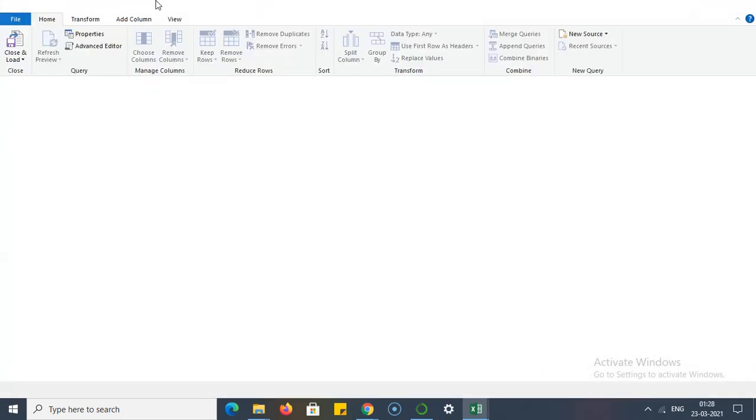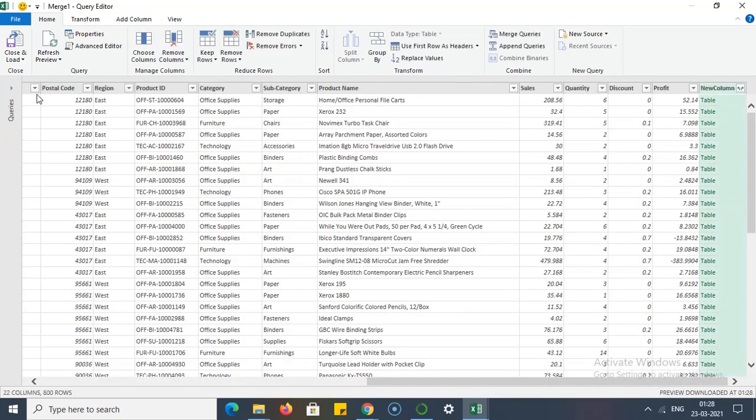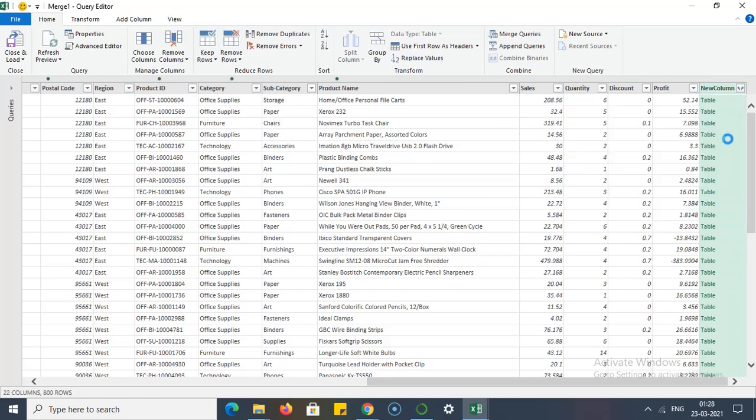Now you can see the query is running, and you have to do the same thing here also. Here you can see the table is joined with the previous table, but from the table I need only one column, so I am taking only one column. Clicking OK, now I am getting my data.